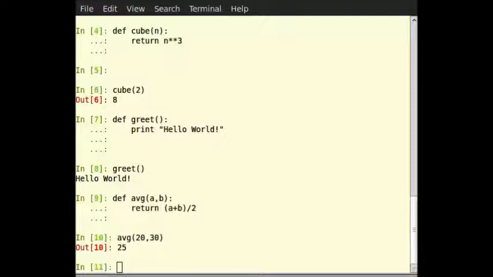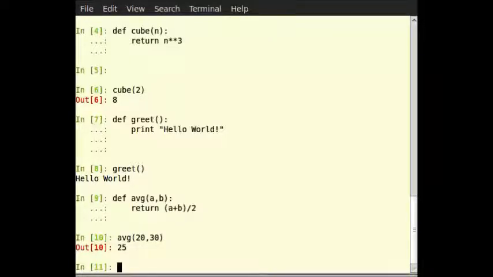It is always good practice to document the code that we write, and for a function we define, we should write an abstract of what the function does, and that is called a docstring. Let us modify the function avg and add a docstring to it. Do the following.